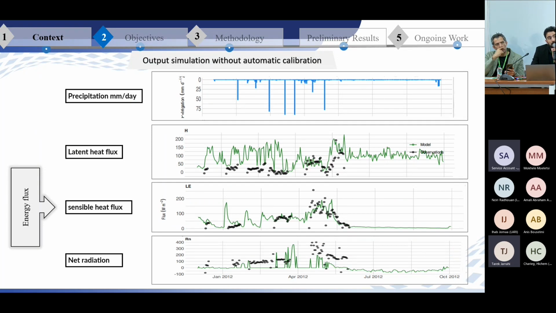These are the energy fluxes: latent heat flux, sensible heat flux, net radiation. You can see that they are not fitting at all. So we wanted to make it more realistic, so we went through a calibration, but before doing that, a sensitivity analysis must